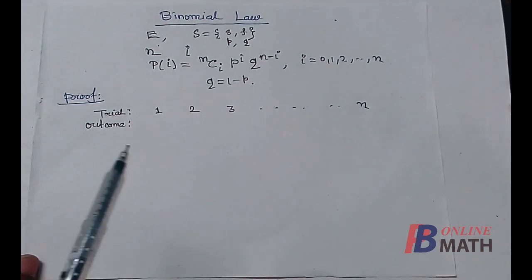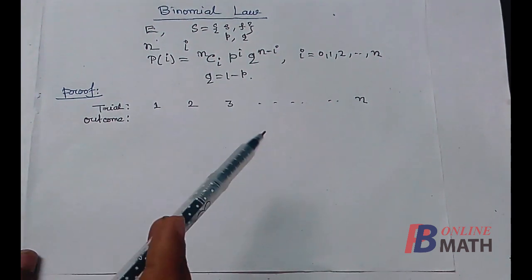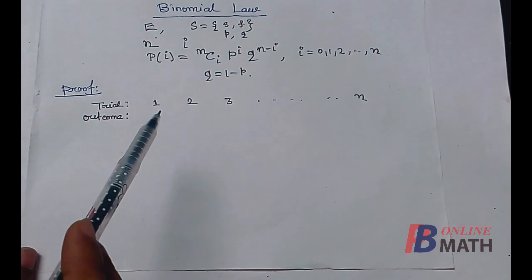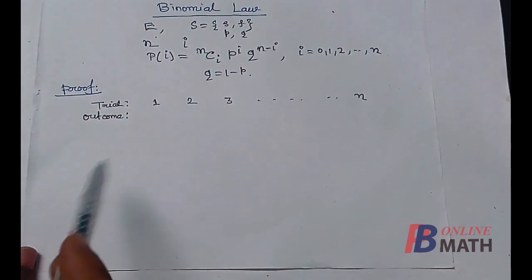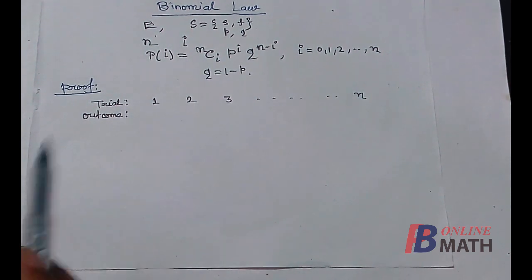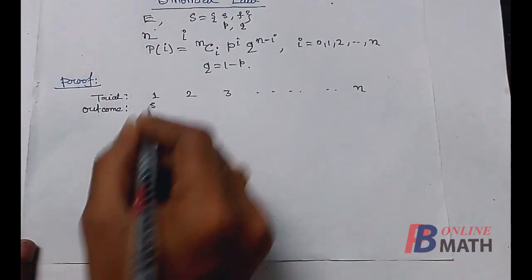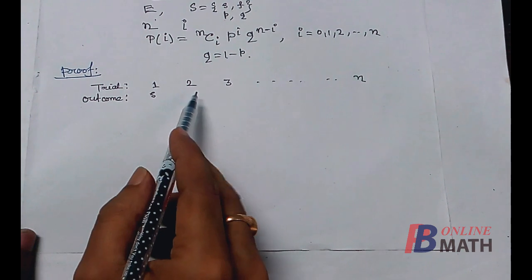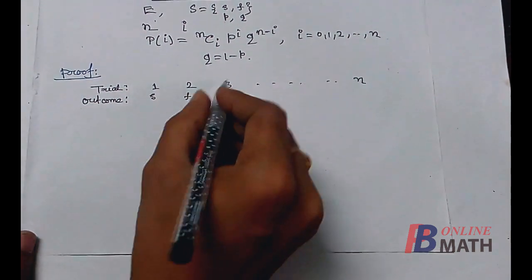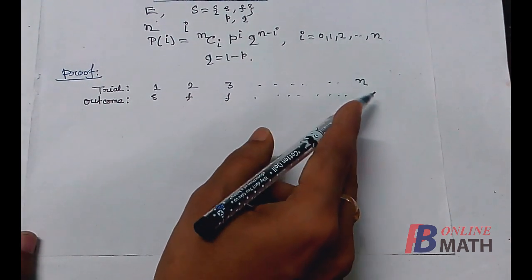Now the experiment is repeated n number of times, and for each of these n times we shall write the outcomes here. So for the first trial, the outcome may be success or failure. We do not exactly know the outcome. So we assume that in the first trial we have got a success. For the second trial, suppose we have got a failure. In the third trial we have got a failure, and continuing in this process, finally in the nth trial we